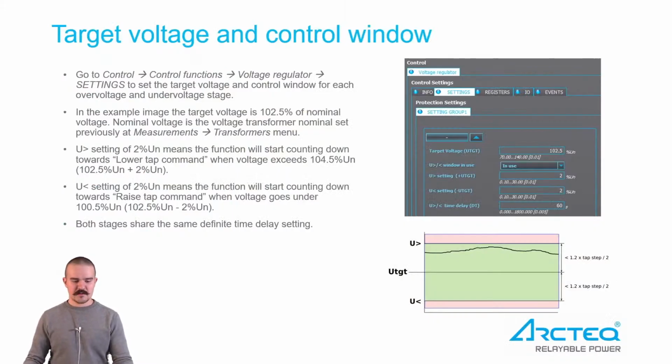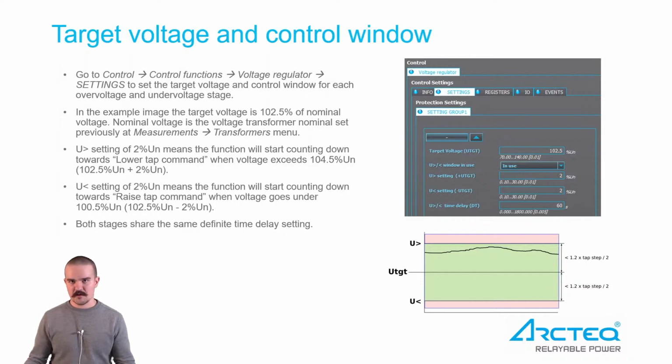So next we set up the target voltage and a control window. And this is done at the settings tab. There we start by setting the target voltage, and in this example we have set it to 102.5%. So this is now in relation to the voltage transformer that we set up earlier. So in this case, it would be 20 kV